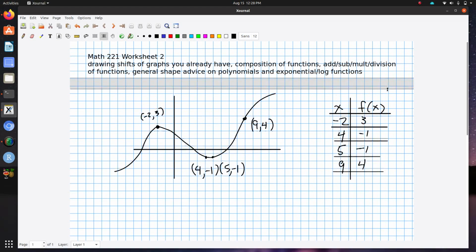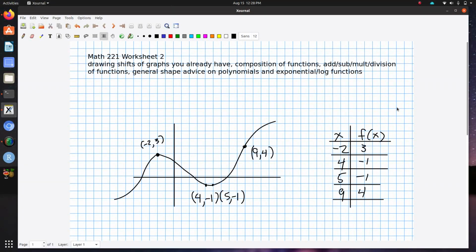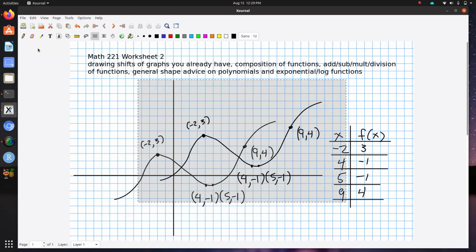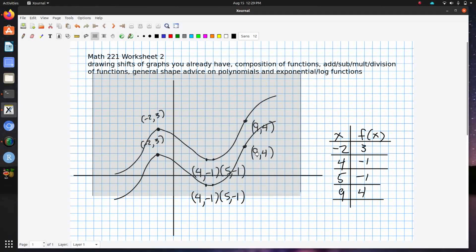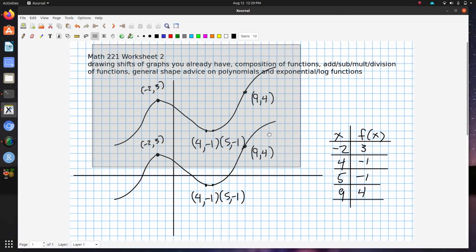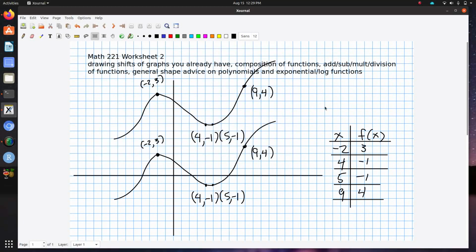Now we're lucky because we're on this tablet here, and I can easily show you what happens if I want to lift this function a little bit. I'm going to make these axes a little bigger, because I want to be able to grab my function and make a copy of it. And I'm going to paste a copy of this same function up a little bit, maybe up here, so I can read off the other points easier. So what has happened here is,